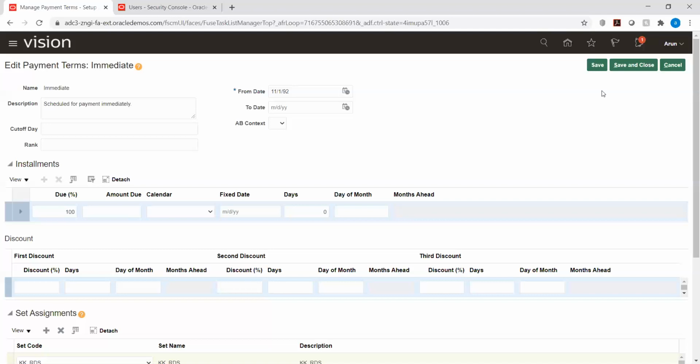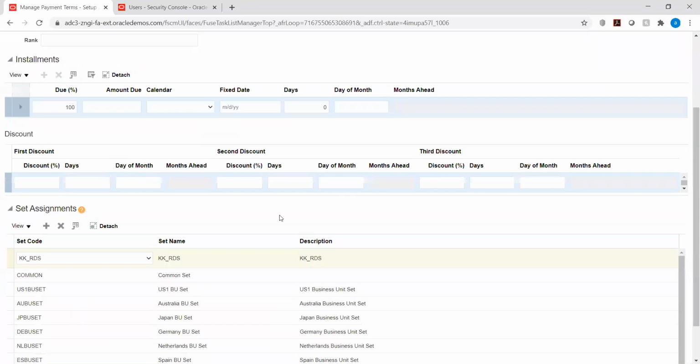So in case I wanted to give access to an accounts payable user for only one business unit, how will I give that? So this reference data set. Basically, in the role also I have to go and add this reference data set. We will create this reference data set only once and we can use it at multiple places.